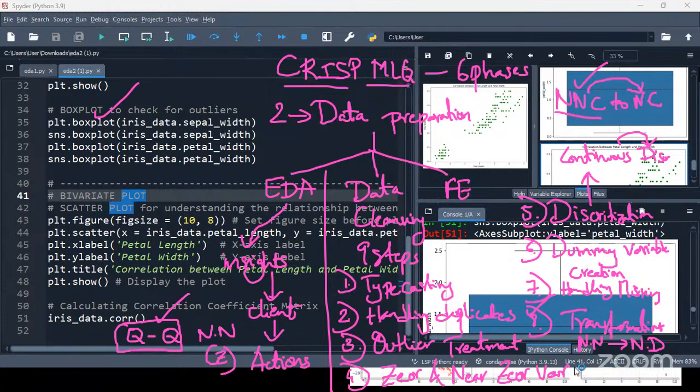Then finally, feature scaling. The features we have need to be scaled. The features are nothing but the columns. The data within the columns has to be scaled; all the values have to be brought to a particular scale. Why should we bring them to a particular scale? What are the reasons behind it? What if I don't perform feature scaling? We'll understand one by one.